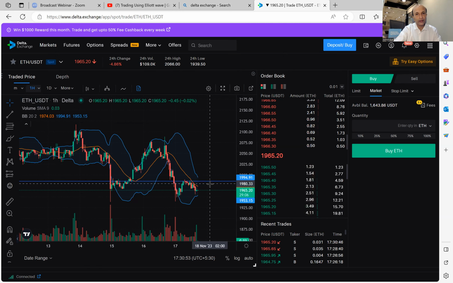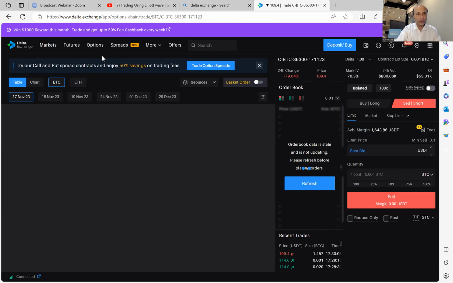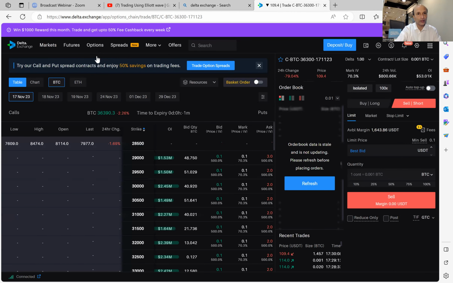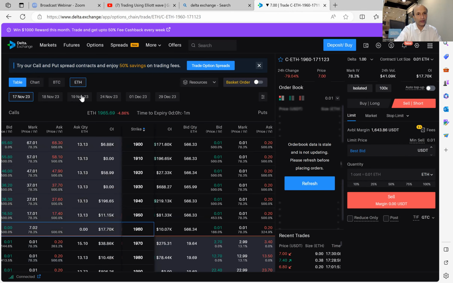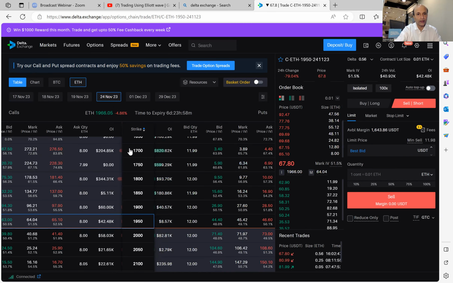On the upside, 2000 का level, I need this coin to break above that 2000 level for me to turn bullish. Now, if I go to options over here, over short term, and I'm going to look at the options for Ethereum, where I'm going to select Ethereum, and I'm going to see that there are various expiries that have opened on the option side. So if I select say 24th November का expiry,